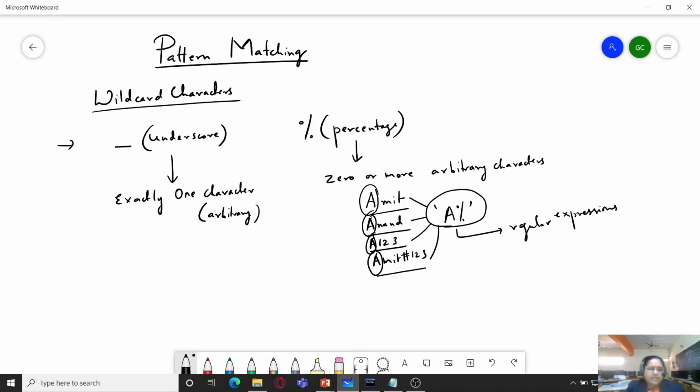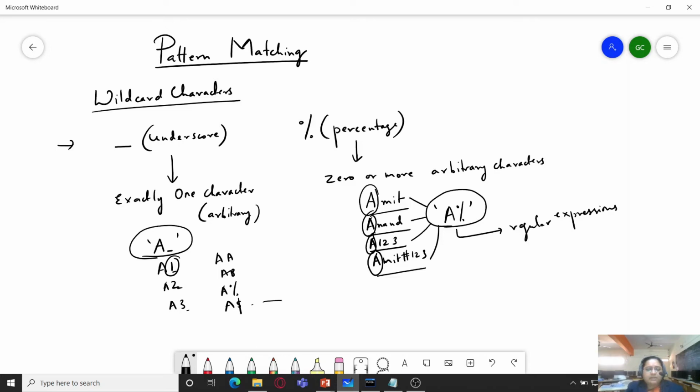And exactly one character means maybe I am looking for a certain grade which starts with A. So A and an underscore character would mean A1, A2, A3, AA, AB, or A percentage or A colon. So anything comes after A, but it is exactly one character after capital A. So this is how we form the regular expression using this.